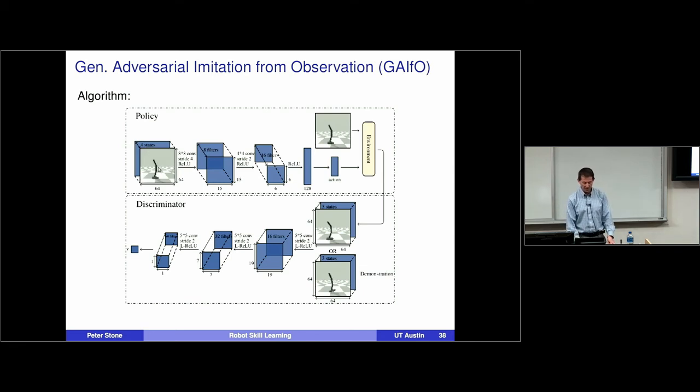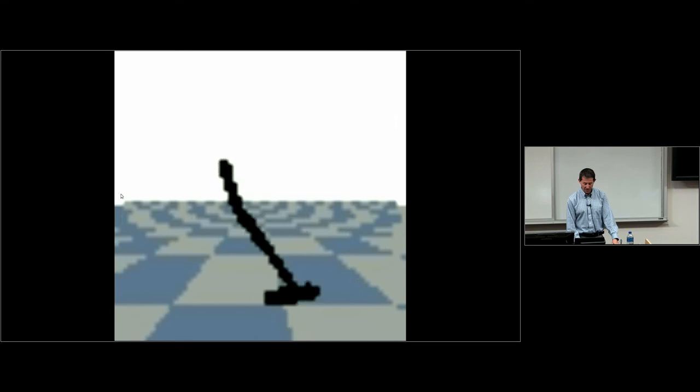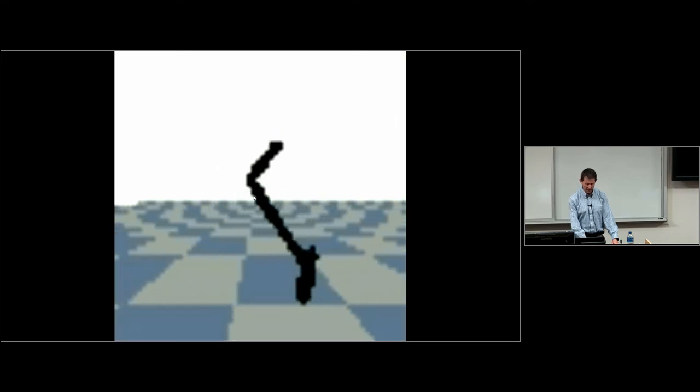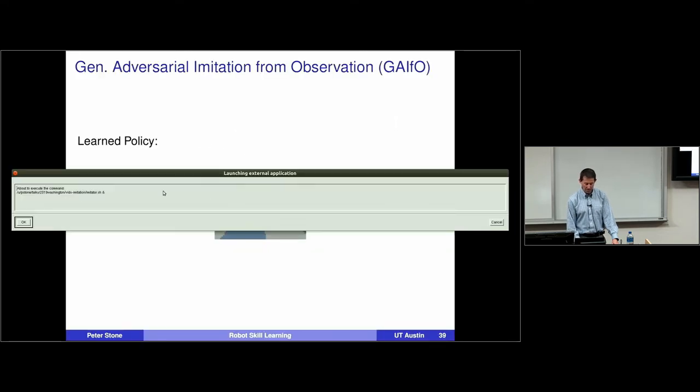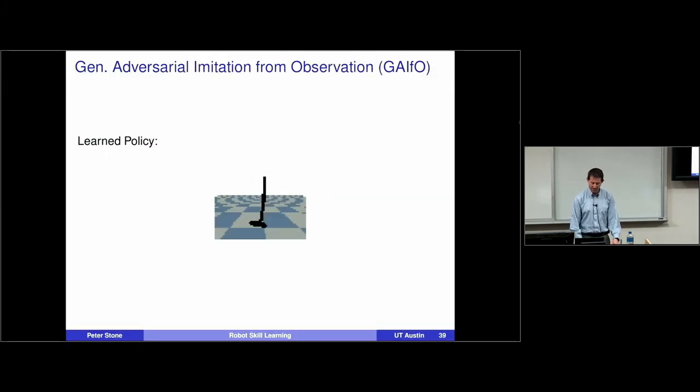So now we're going to stack 4 frames as the input to the policy and use a convolutional network, and again, here's the discriminator between our generative policy and the demonstration policy that's trying to distinguish the state transitions generated by the two of those. So you take exactly the same methodology, but now using visual input as state instead of the actual joint angles. Here, in this Hopper domain, the input to the agent is just exactly these pixels. That's the demonstration, and here's the learned policy that came out. Looks fairly similar again and is effective.